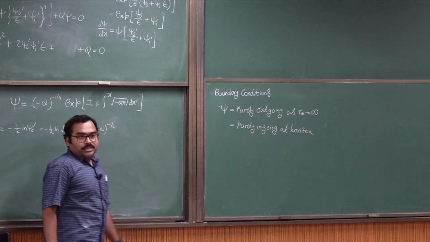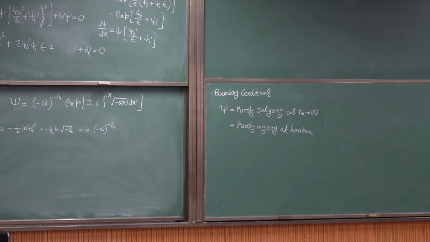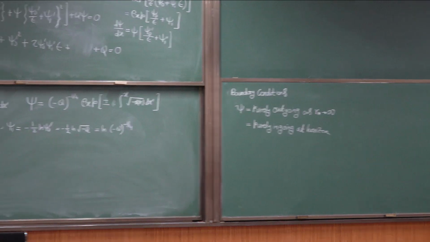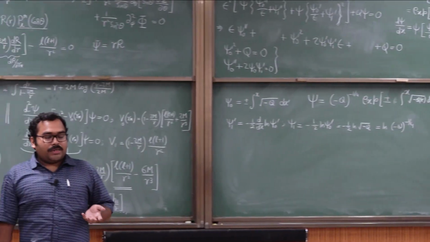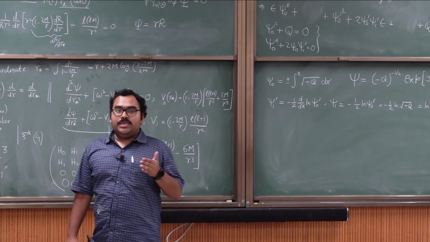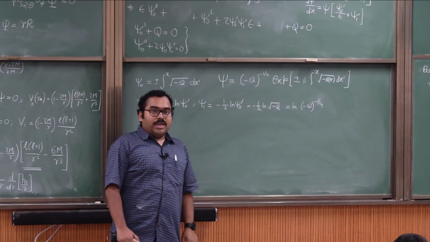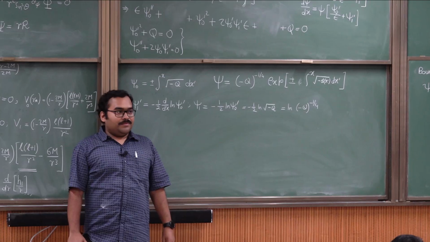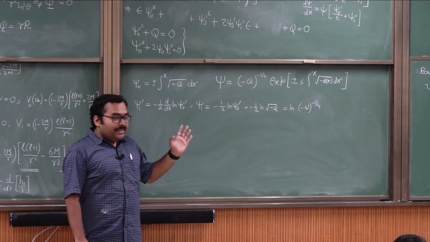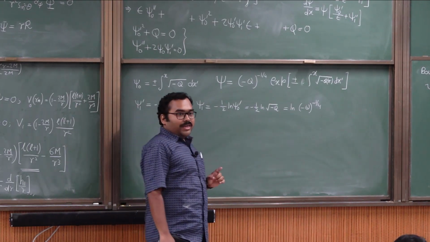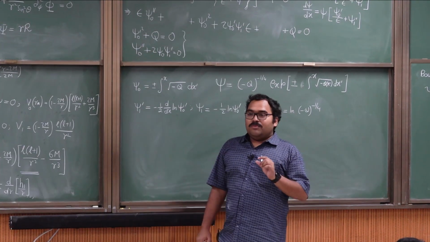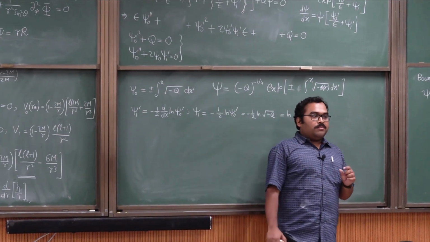The boundary condition at horizon should be pretty apparent, because at horizon nothing can come out, everything has to fall into the horizon. So the perturbations also should be purely ingoing at the horizon, and it should be purely outgoing at infinity, right? And this is something which tells you why the normal mode frequencies of black holes must be